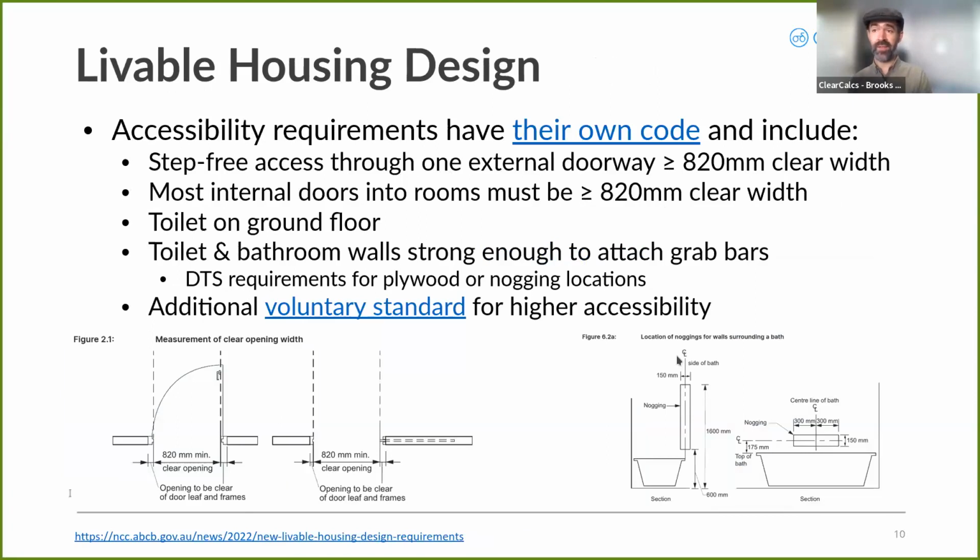Now, the other provision that is coming into effect on October 1st is livable housing design provisions. Some of these are going to have some knock-on effects into structural engineering as well. This is essentially accessibility rules, so accessibility for less abled persons in our society. Those now have their own code, and key points that are now going to be required is you will need